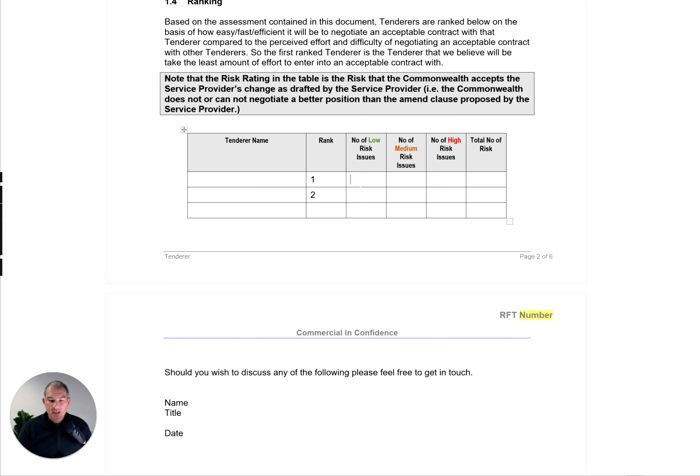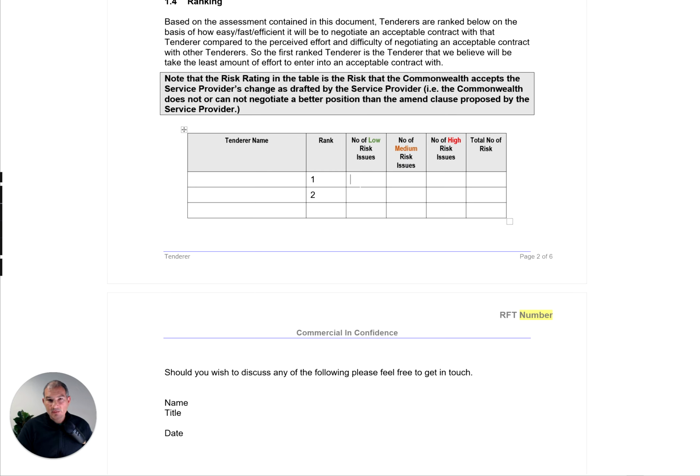And so to me, it doesn't seem appropriate that you would exclude them when you know that you can always negotiate a position that's a middle ground between the original drafting that the Commonwealth put forward and the tenderer's amended drafting, which might be the other end of the spectrum, and the reality is going to be somewhere in the middle. And so in my personal view, it's not good form to exclude them on the basis of the contract,